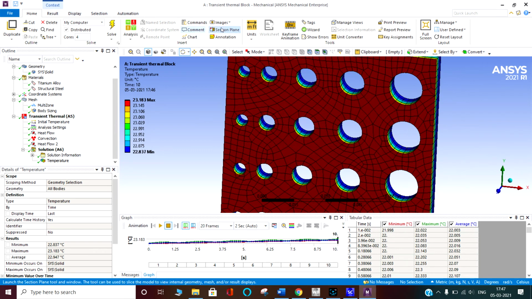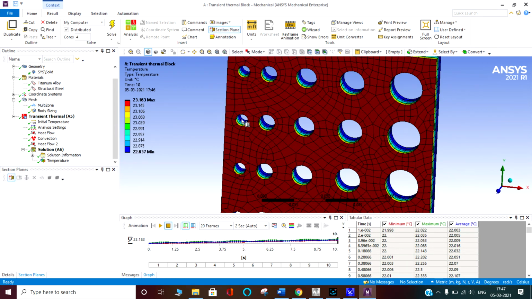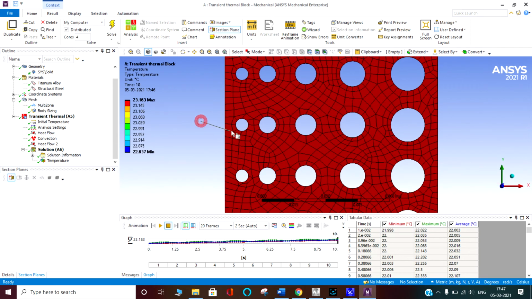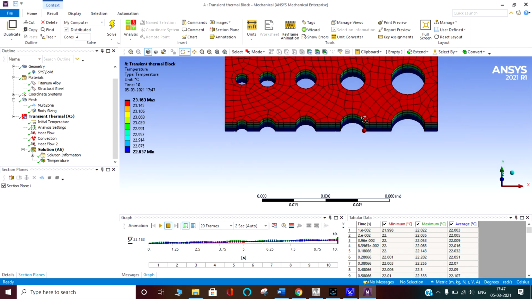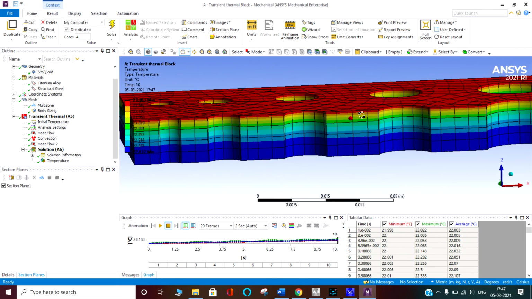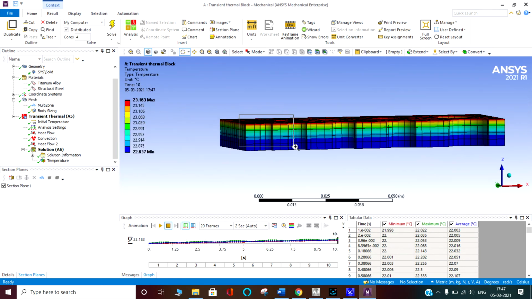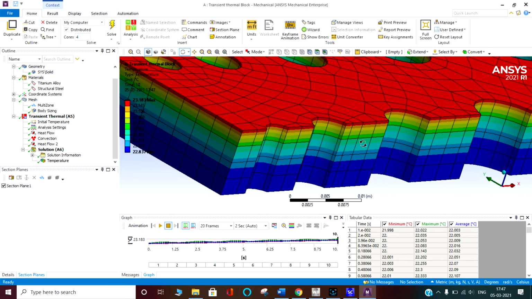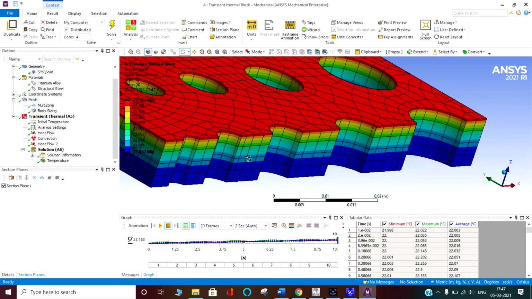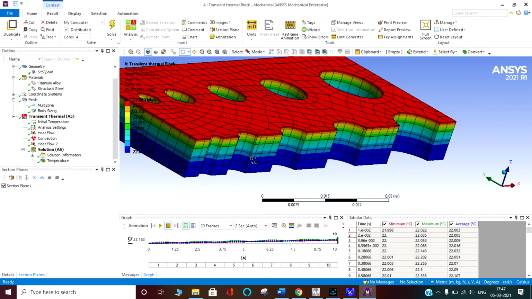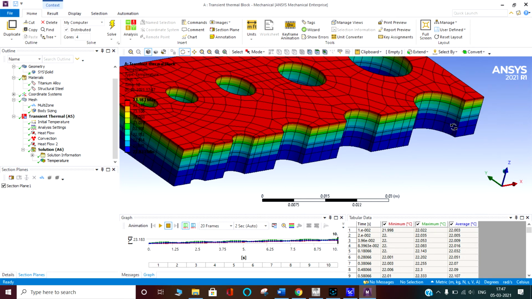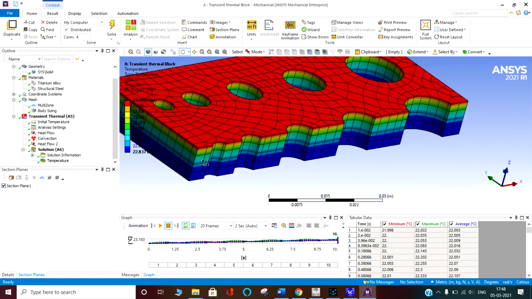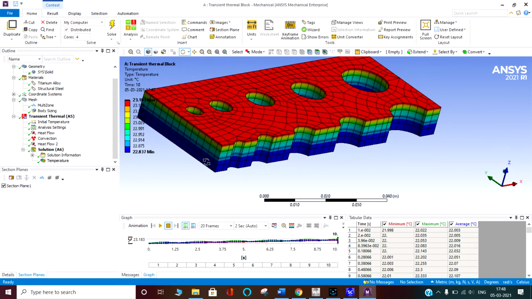For that you can take a cross section. Actually, this is a section plane. You can first select this one and just take the cross section here. Okay, this is the large hole and this is the small hole. Where the hole is large, convection is affecting there due to the large hole, whereas where the hole is small, the convection is less or more. That we have to study.